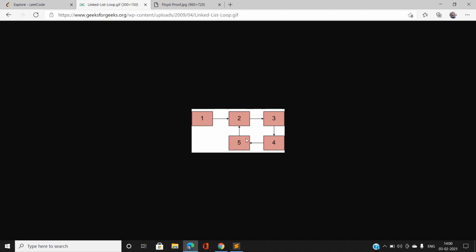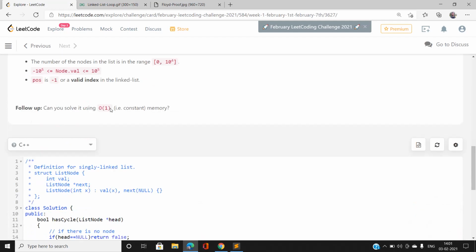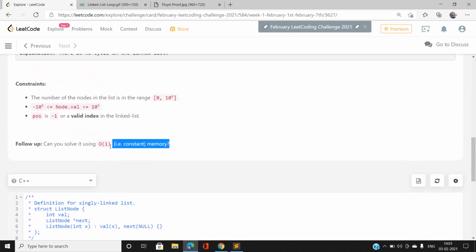And if we traverse the linked list and encounter a null value, that is, the end of the linked list, and there is no entry present in the hash map, then we can say that there is no loop present here. So this was the hashing based approach of this question. This is actually taking memory, and we are going to follow the constraint that we solve using O(1) constant memory.